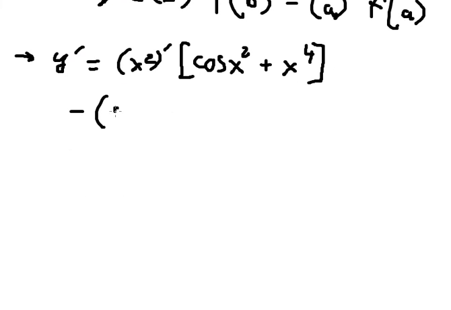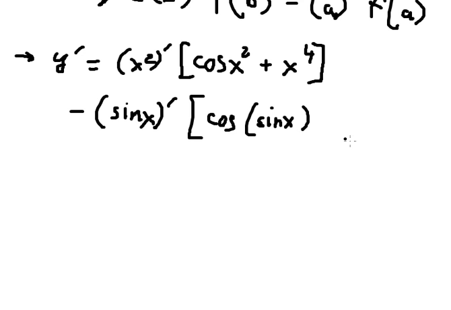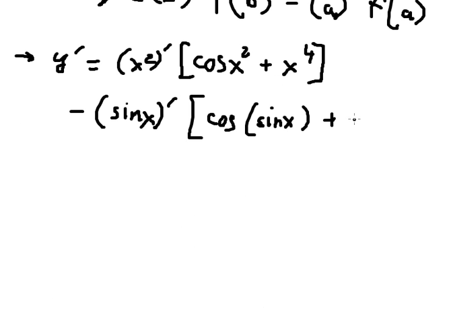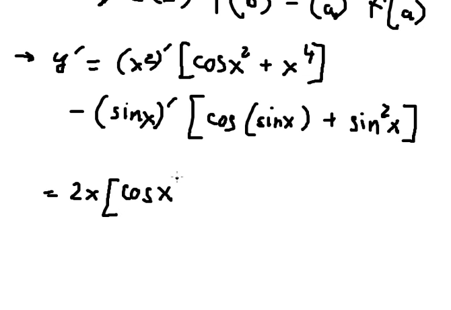So we need to do the first derivative of sine s, and later we have cosine of sine s to the power of sine s to the power of 2. So for this one we apply the power rule, and we have 2s, first derivative of sine s, we have cosine s,